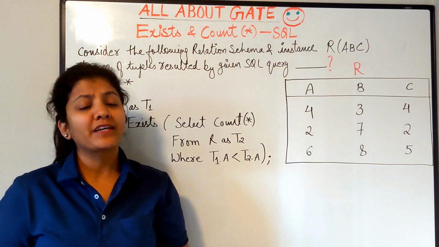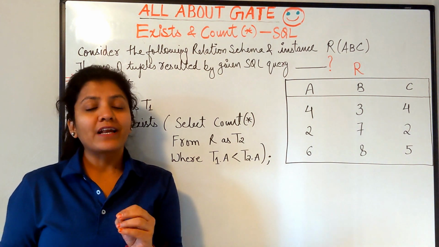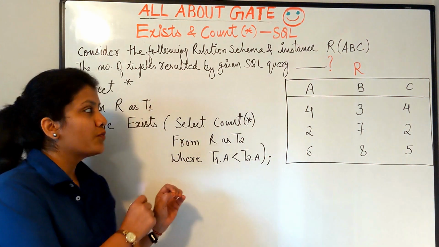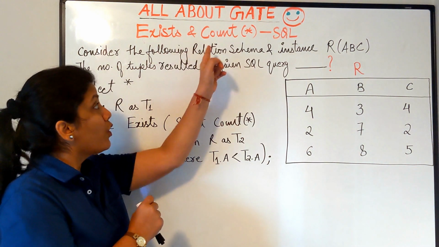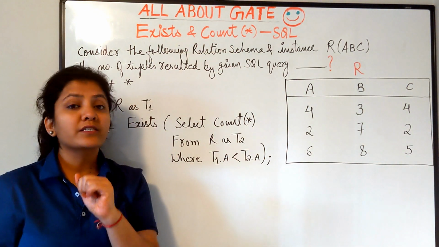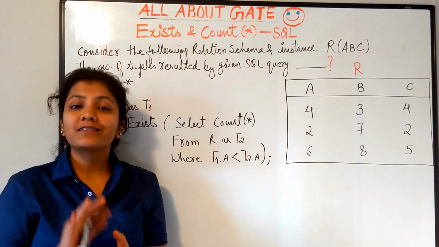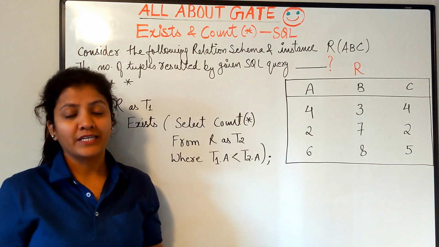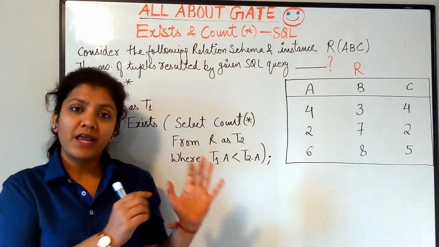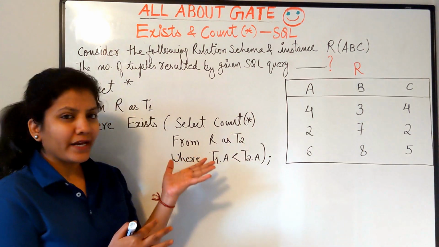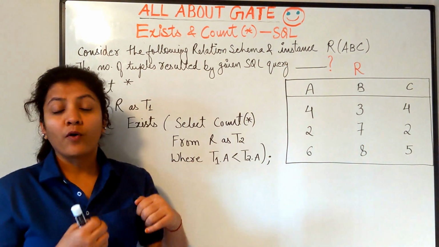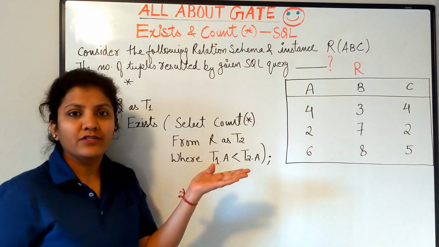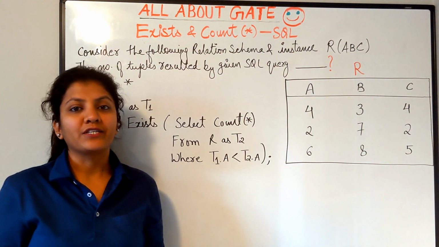I'm back again with yet another SQL query where I'm going to make use of a subquery, which is the correlated subquery. In this one, we are going to make use of EXISTS along with the aggregate function COUNT(*). And this COUNT(*) is going to change everything. How beautiful this question is, and how many twists we can make out of it: what if NULL is present, what if we don't write COUNT(*) and write something else, what if the condition is changed, what will happen? You will see right here.